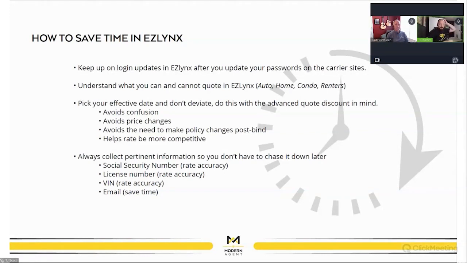And this has happened to me so many times. The agent's ready, like, TJ, come on, let's bind this up. Awesome, let's go in. They didn't collect the email in EZLynx. They got paperless policy and all the stuff that they need, and they're like, oh, I need the email. And they're like, wait a minute, I've talked to this client through text for a long time. And so next thing, they have to hop off the quote review.